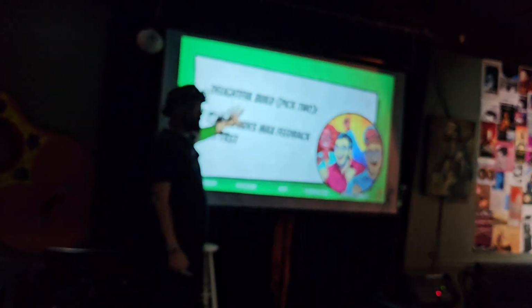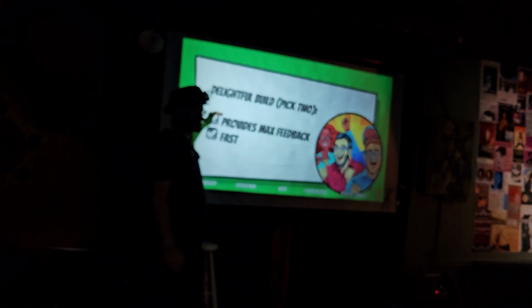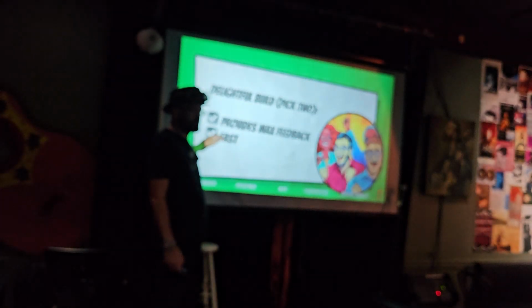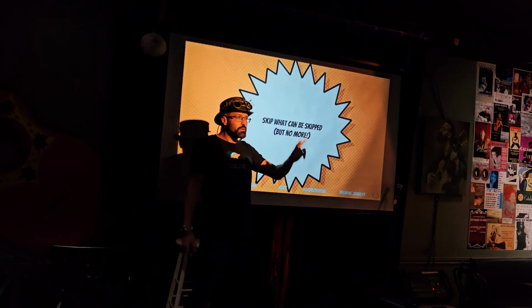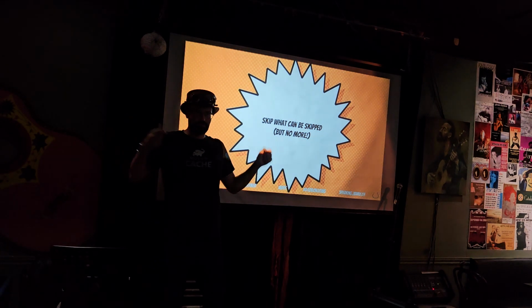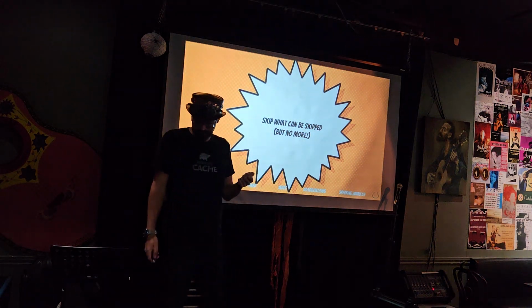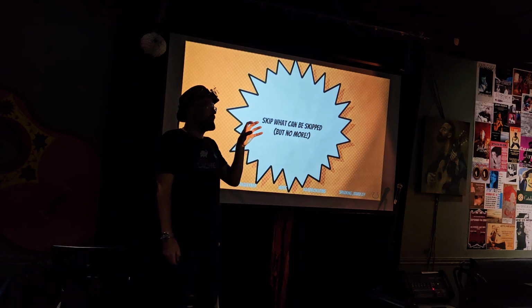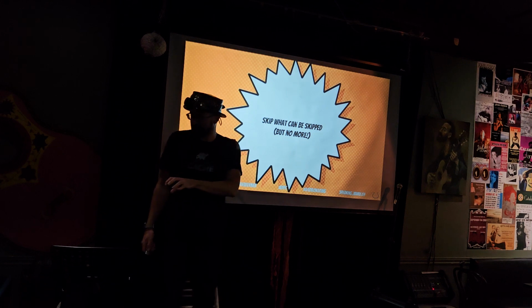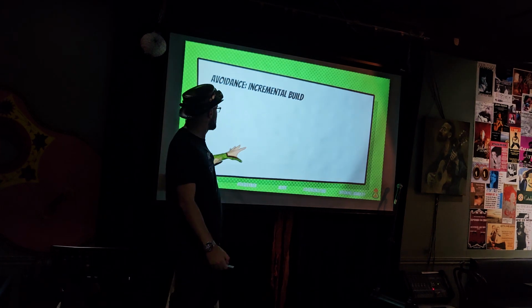Okay, this is what we want. We want maximum feedback, and we want it super fast. This is what we really want. There are two general principles in doing that. The first is skipping what can be skipped. And again, your engineers start thinking about how you can skip stuff inside your build. I will give you a couple of ideas. You can think of more, obviously.